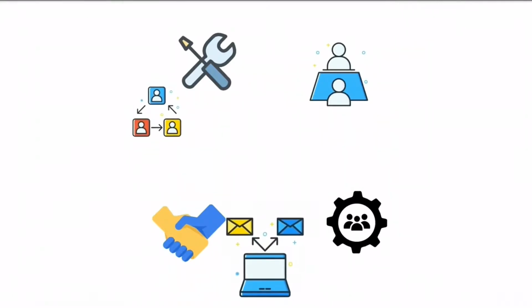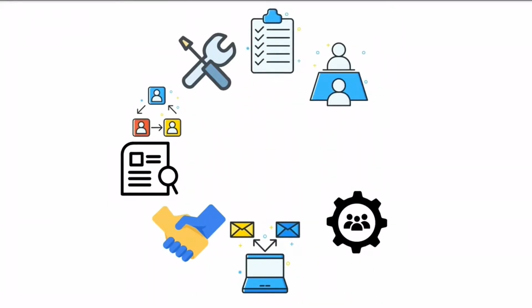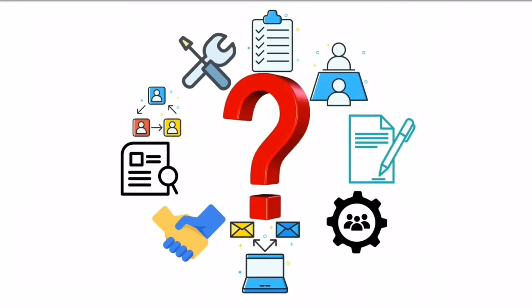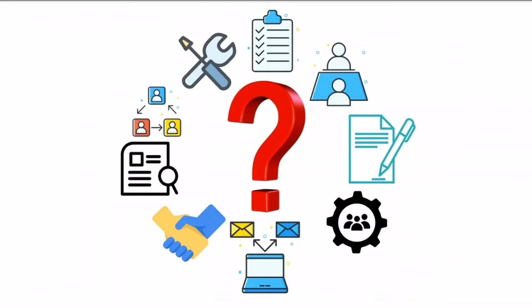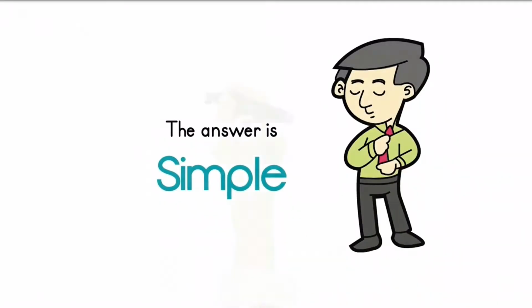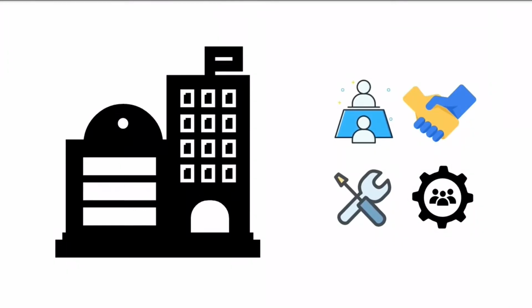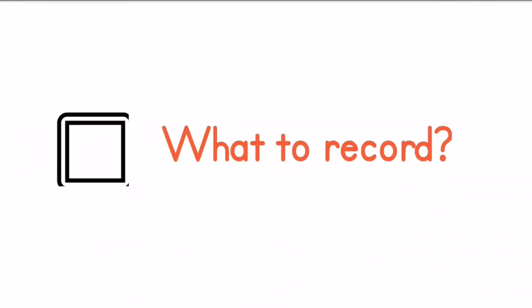To begin with, in any business, there are various events or activities taking place, both within the business itself, as well as between the business and outside persons. Now, out of all these events or activities, we have to find out which events or activities are supposed to be recorded in the business books of accounts. The answer is simple. Only the transactions taking place in the business are to be recorded in the business books of accounts. Now that we know this, the next question that arises is, what do you mean by transactions?